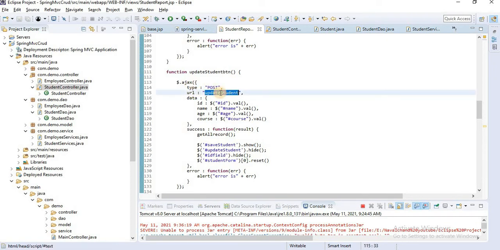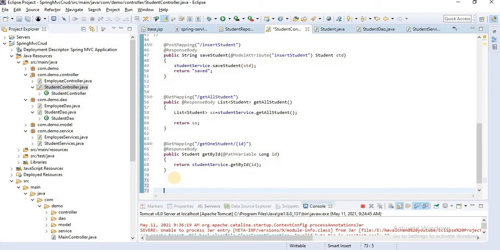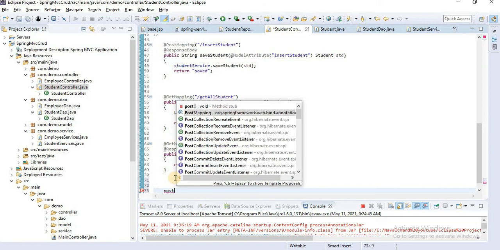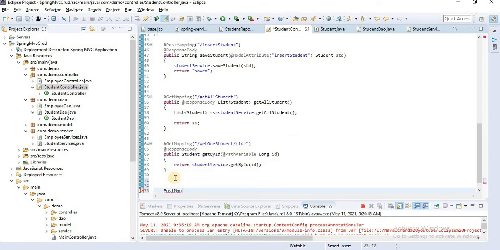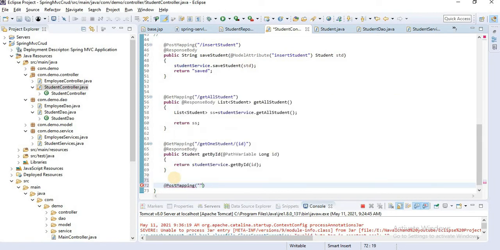Let's create a controller for this update student. Go to the student controller, add @PostMapping, and here pass update student.